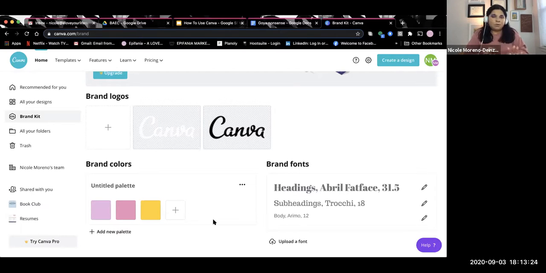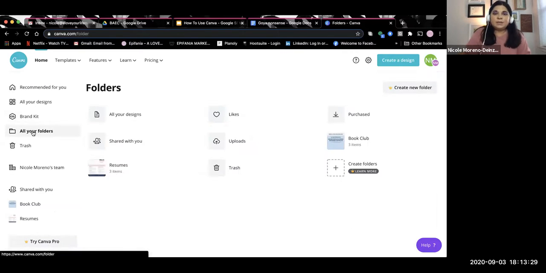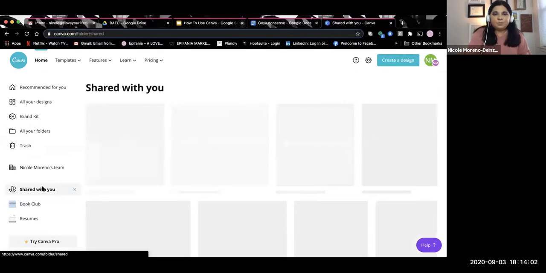You can upload your logos, all that good stuff. All your folders. Again, this is a wonderful way to just organize all your graphics. I'm not always the best at organizing all my graphics, but this is a wonderful way, especially if you have a team again, where you can put everything in one category. So it could be Instagram, it could be resumes, it could be menus, it could be menus 2019, menus 2020. Put it all there so that way it's easy for people just to grab it, make some edits, and move on. And then of course, trash is trash. And then shared with you